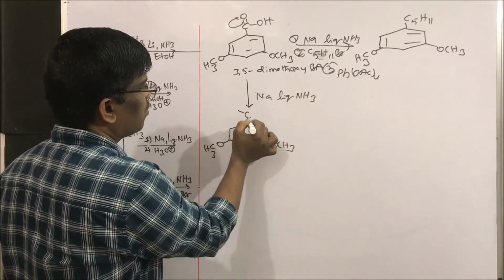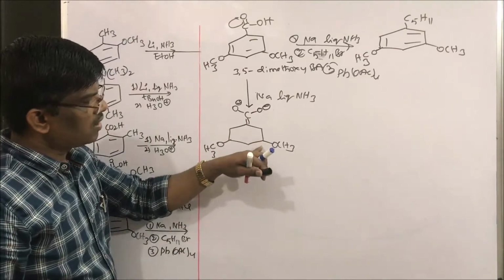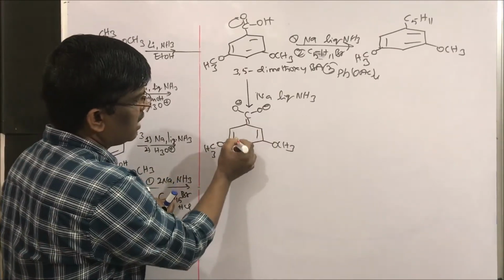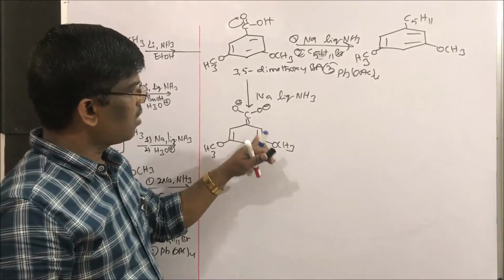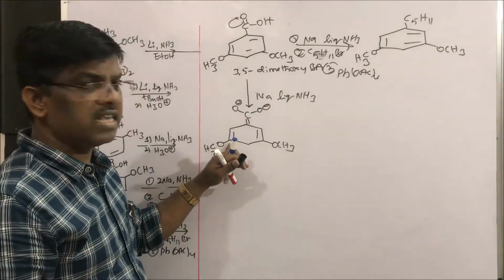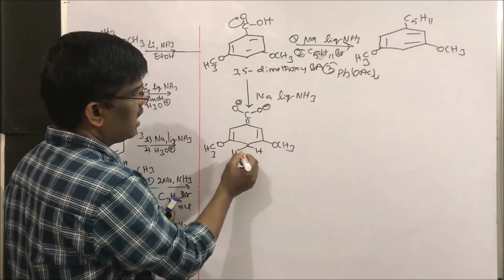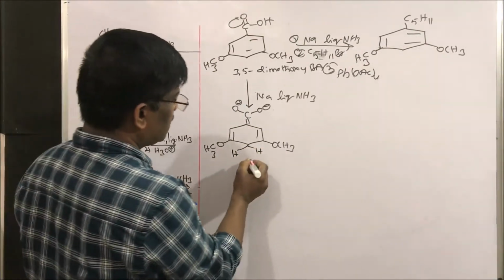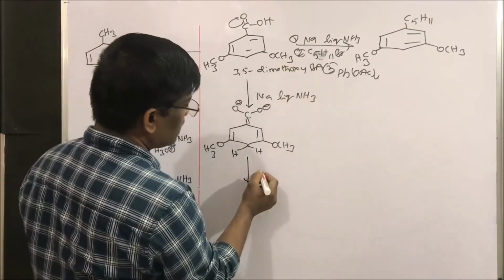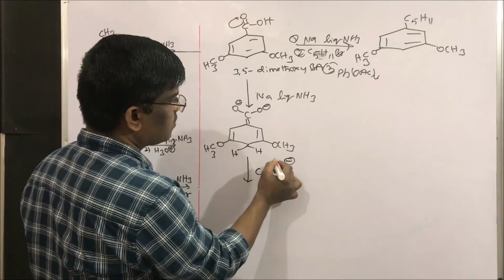So CO2H group is nothing but, just now I wrote like this, O minus and O minus. So what about these two? Yes, methoxy is donating, so the double bond attached to this carbon is not disturbed. This carbon also is not disturbed, whereas these two hydrogens are already added. Now what is happening? So we are adding C5H11Br, which is Br minus plus the alkyl.